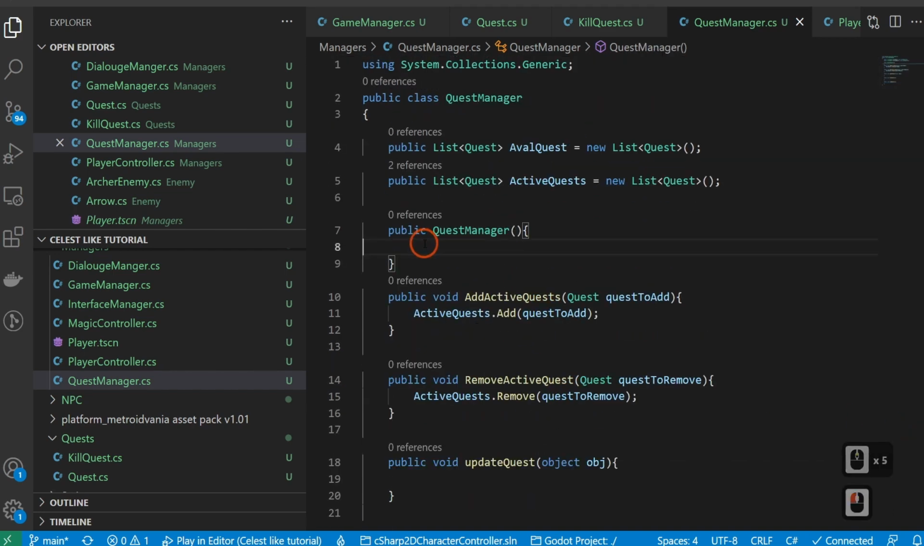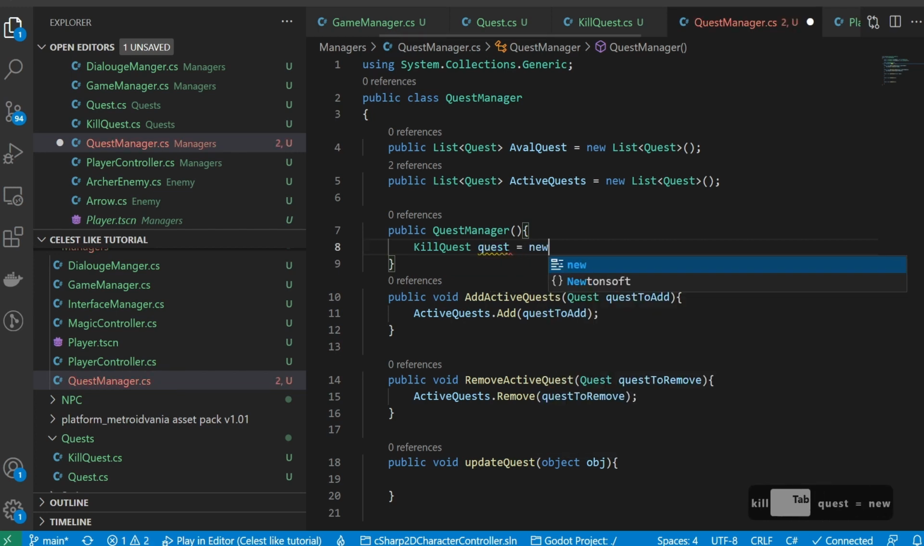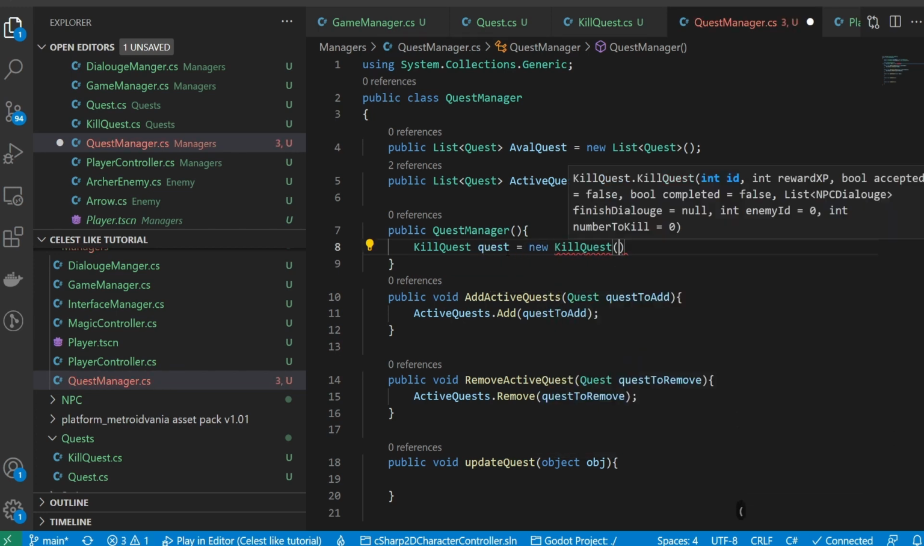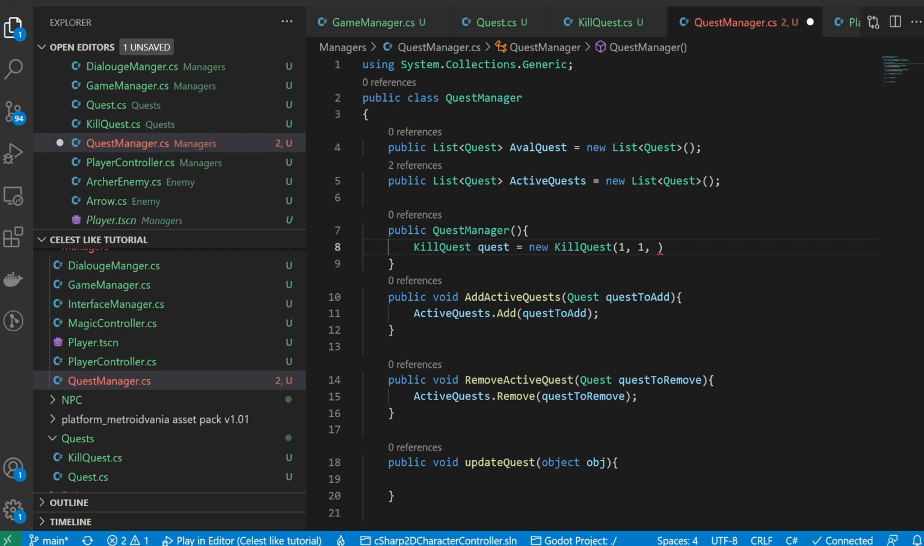So the first thing that we're going to do is we're going to instantiate a quest and just build a quest, because you need to have a quest for us to work with. So that way we can kind of use the rest of our stuff. So I'm going to say kill quest is equal to a new kill quest, and it needs to have an ID. So 1, reward XP 1, let's say, and that space is going to kill me. So let's do that. Accepted. We don't necessarily need to have an accepted. So since I don't really care about